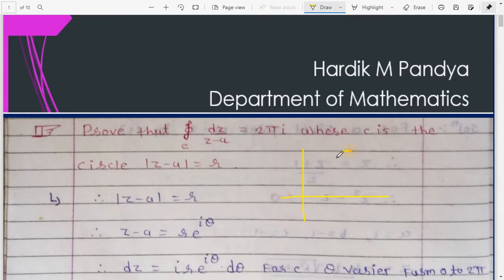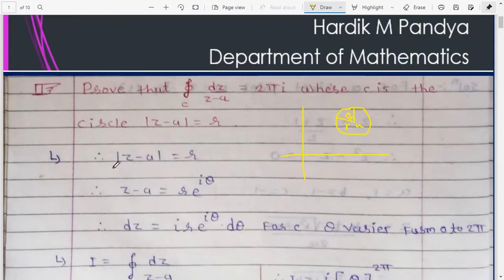In this diagram, this is a circle with center at a, radius r and angle theta. So here mod z minus a is equal to r, and the parametric equation of the circle